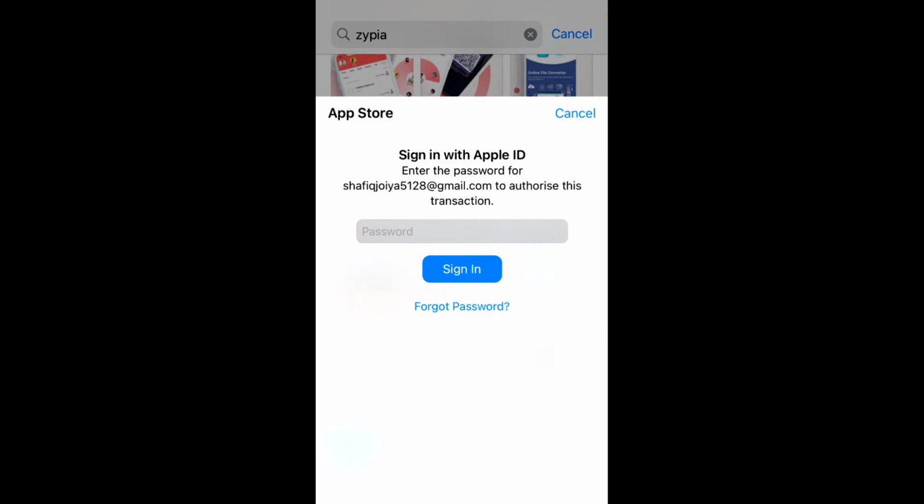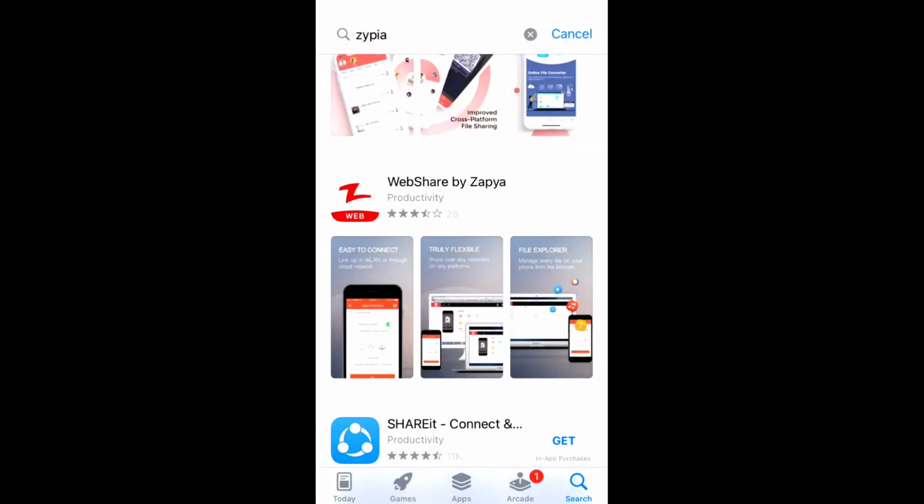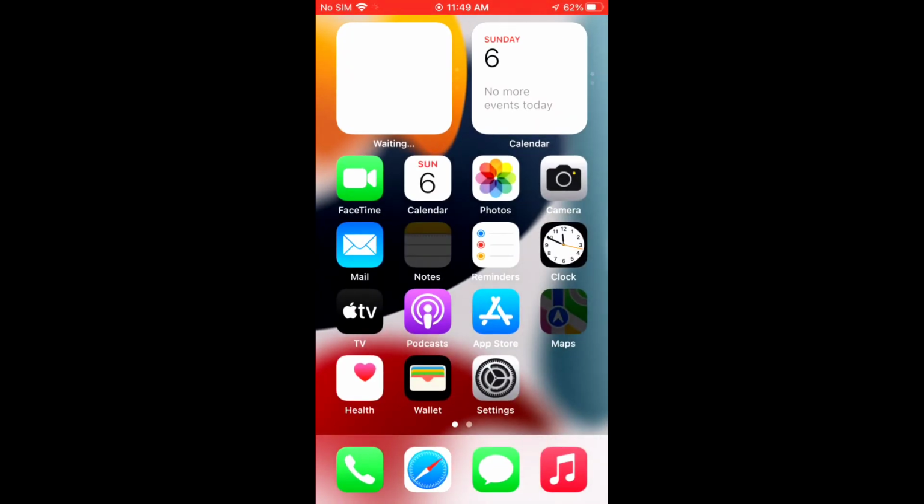Tap on install. Here the App Store is asking me to enter a password to install the app. How to fix it? Go back,